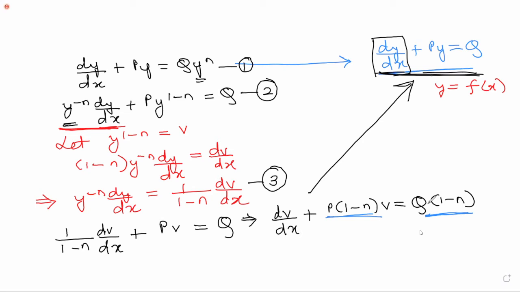Now, after that, the rest is exactly the same way we did for the linear equation. We are going to find the integrating factor, e raised to the integration of this whole thing. Then, as usual, we write the solution, v into the integrating factor, and then reconvert v to y. You are already familiar with that part. This is just the theoretical approach I have told you. Now we are going to solve the actual example based on this approach.